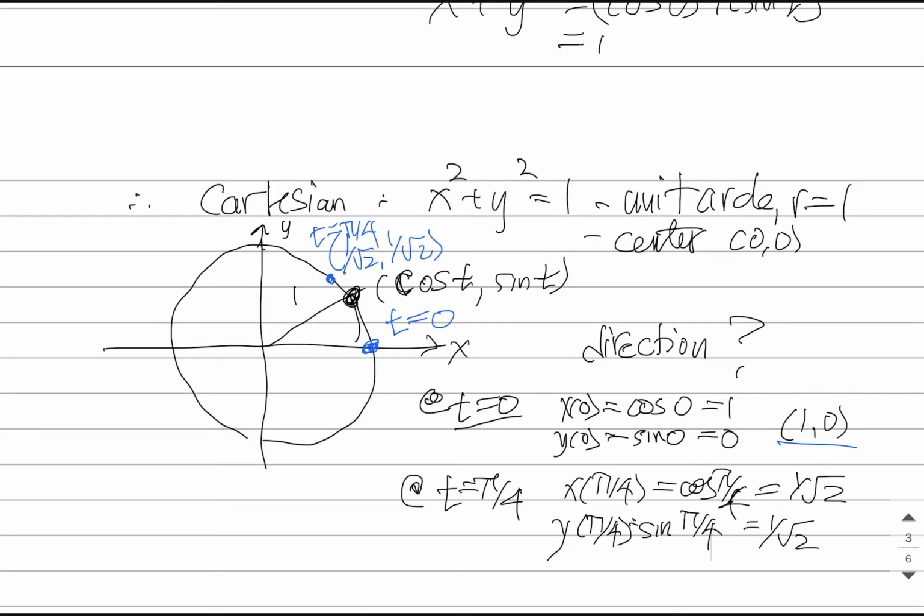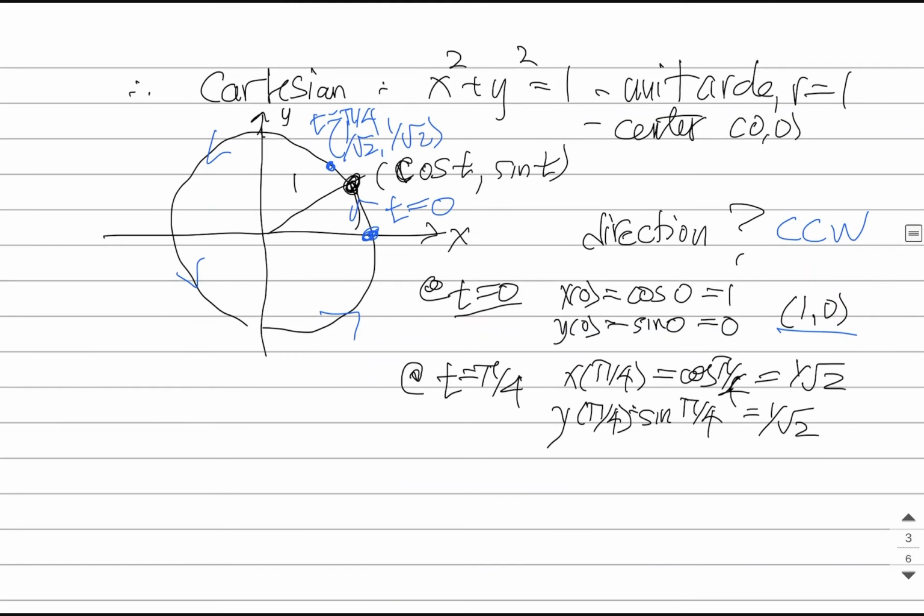And so if you just take a couple of points like this, you can determine a direction. And so the direction here is going to be counterclockwise. As time evolves forward, you will move around this circle in a counterclockwise direction. Now, that information is buried into the parametric equations. But what happens is that you can end up with many different ways of traversing this circle through different parametric